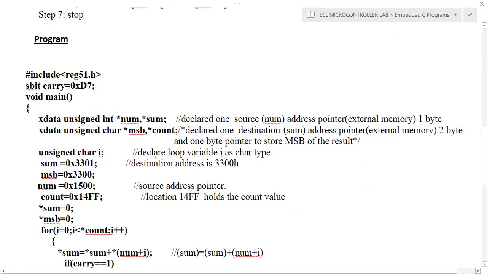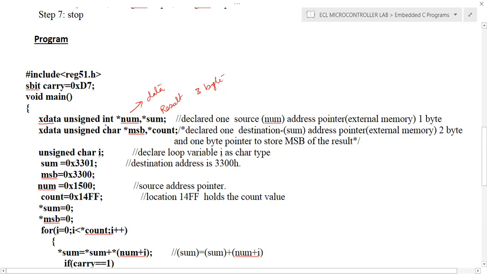I already mentioned that if you use integer type, we can store only 2 byte information. So here we'll declare the external memory location pointers num and sum to point to the number data and the final result. And we know that to store the final result, we require 3 bytes. So we will declare two locations by using sum.